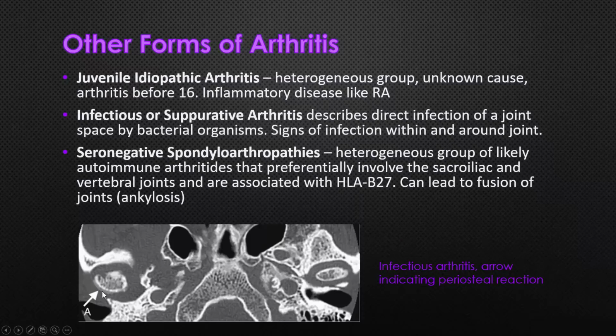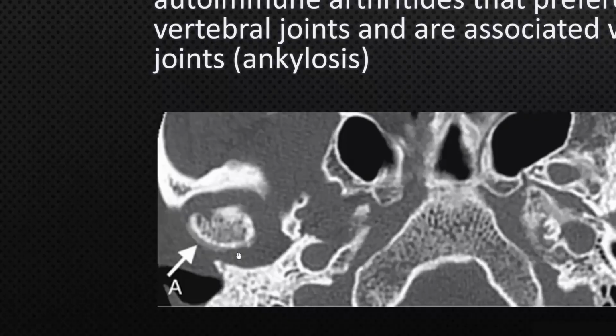What would this one be here? What's this arrow pointing at? You got a little periosteal reaction. We see an erosion, that could just be osteoarthritis or any type of arthritis. But osteoarthritis doesn't cause periosteal reactions. What does? What did I say to think of with a laminar periosteal reaction? The first thing you should think of is